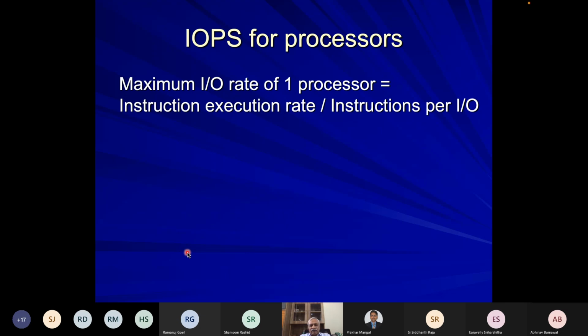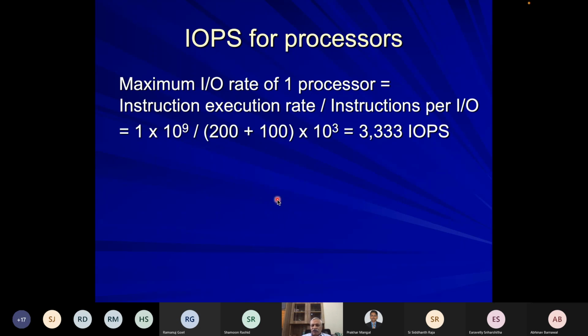So one by one we try to find the speed limit of each subsystem. The processor has to execute certain instructions: 200,000 in the user program and 100,000 for the OS. The rate of execution of instructions is 1 billion instructions per second. So you can take the ratio of these two, and you get 3333 IO operations per second. Since processor involvement is there at some level, you cannot have more than these many operations